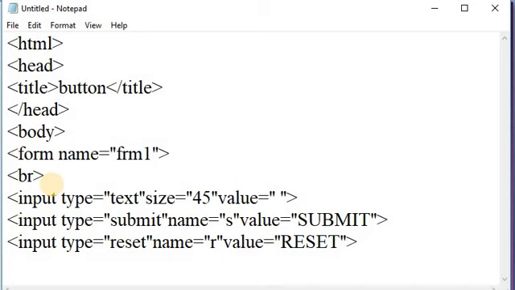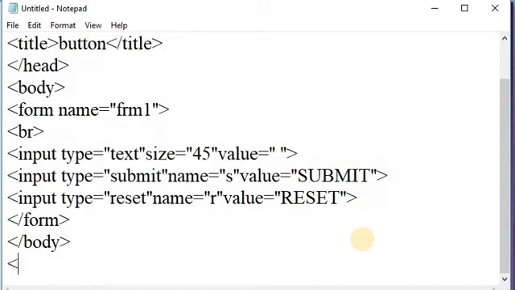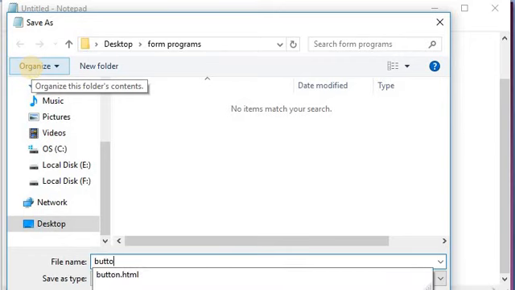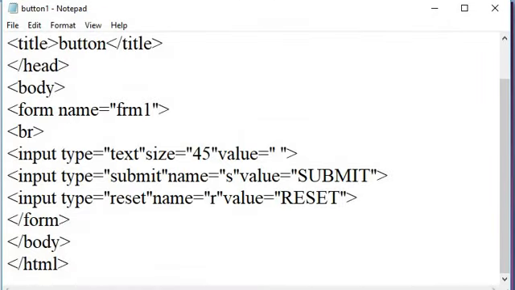Close this input element or input tag. After that, close this form tag, close this body tag, and close this HTML tag. Save this file and see the output of this code.